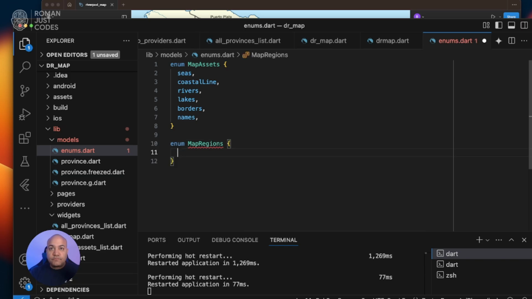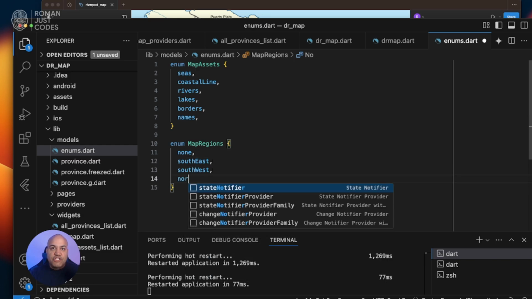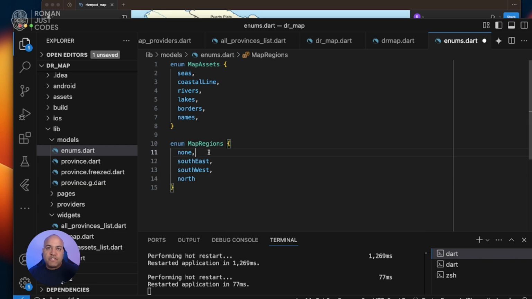regions. We have one called southeast and southwest and the north region. So we have all of those regions. Actually, let's just put it in order like this. And then